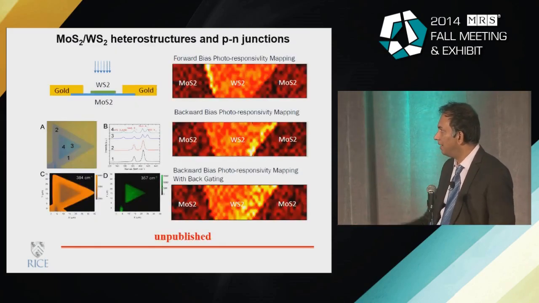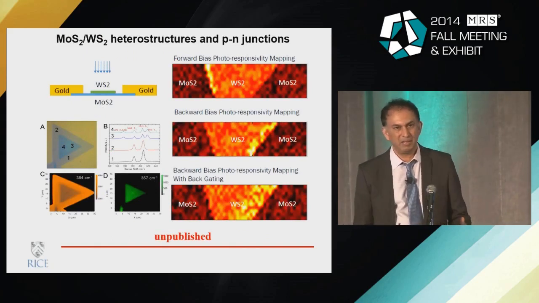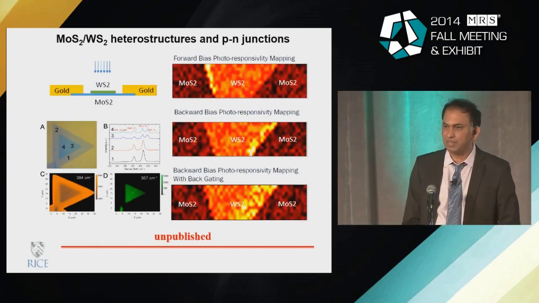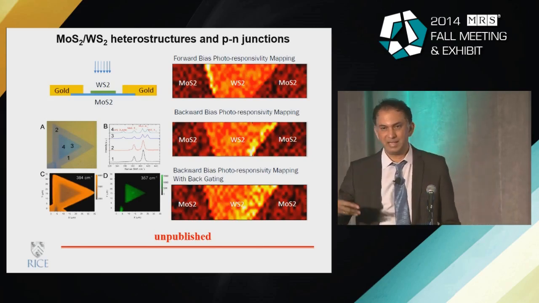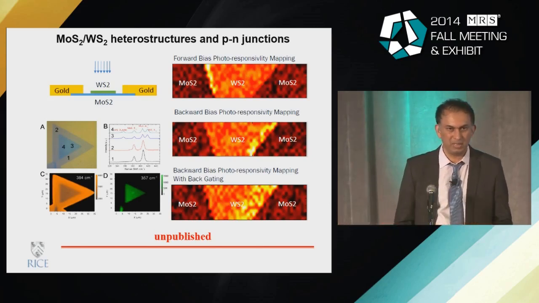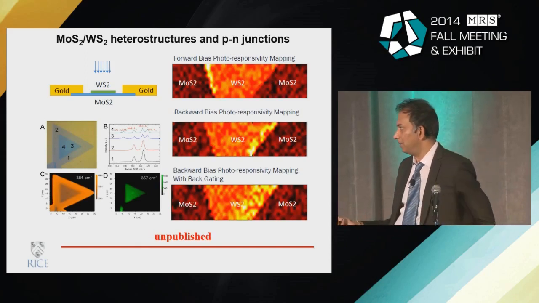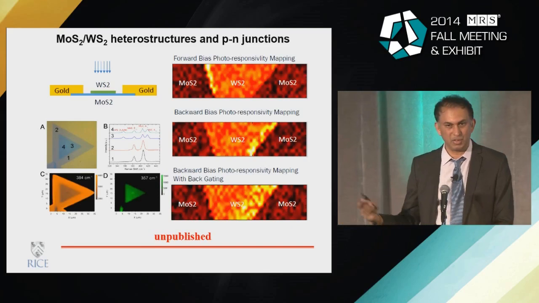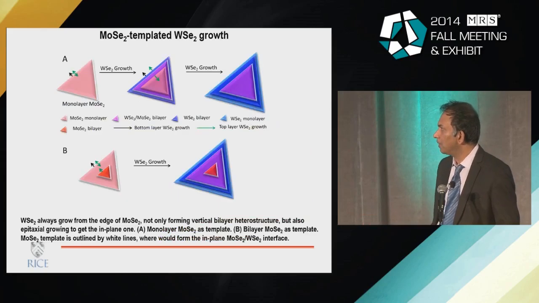And with PN junctions, I don't have too much time to go into this, but people have started to make PN junctions, because if you have a system like molybdenum sulfide and tungsten sulfide, one is N-type, one is P-type, and it's very easy to build these types of junctions, and they behave essentially like a PN junction. The only issue is that the absorption in these materials is very small, so one has to manipulate how you can improve the absorption in these.